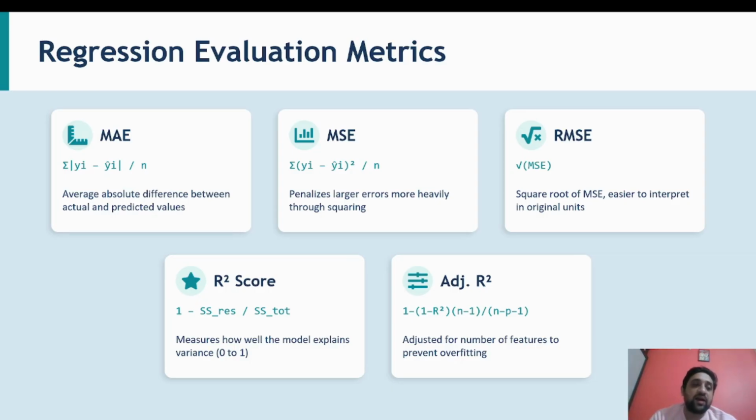That's why we have RMSE, root mean squared error. RMSE is simply the square root of MSE. By taking the square root, we bring the metric back to the original unit of measurement. So, if you are predicting house prices in dollars, your RMSE is also in dollars, making it much easier to interpret. RMSE is arguably the most widely used regression metric in practice because it combines the sensitivity of MSE with